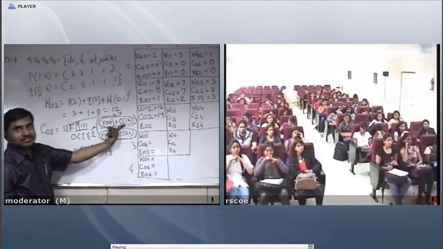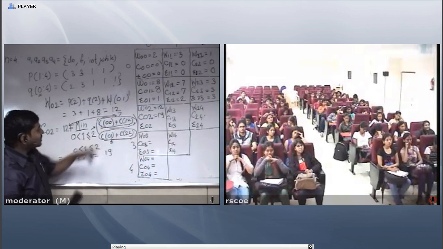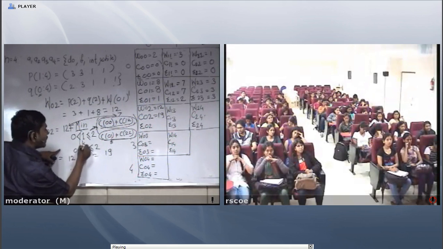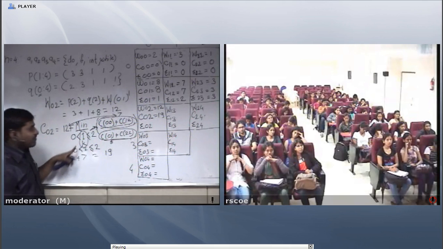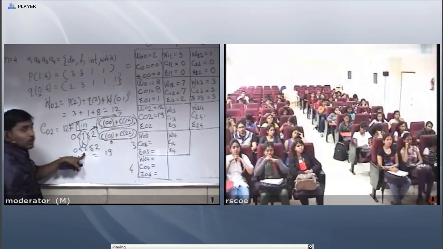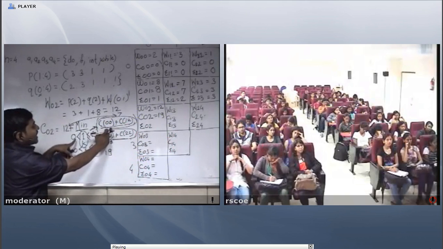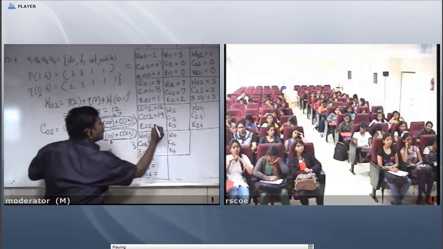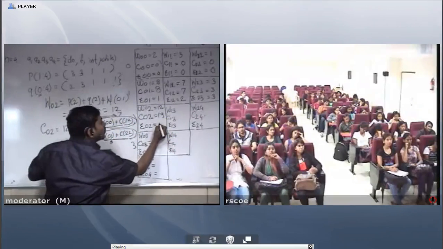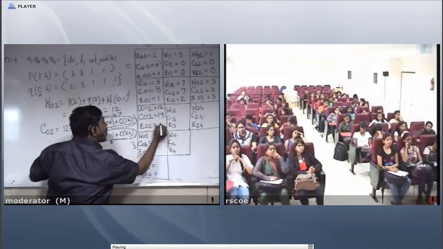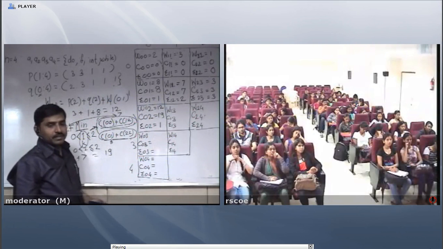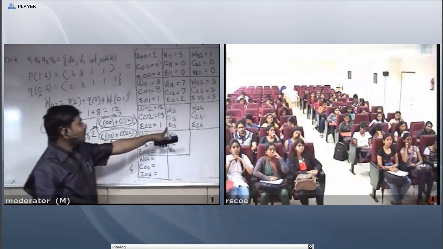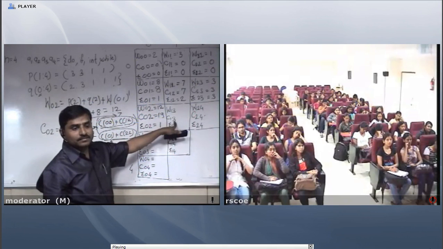Now, what is the best root from 0 to 2? Which equation do I consider? This one. And for this one, what is the condition? K's value is 1. If I consider this other equation, K equals 2, but in this case I consider the first equation, so K equals 1. So, the best root from 0 to 2 is 1. Clear?